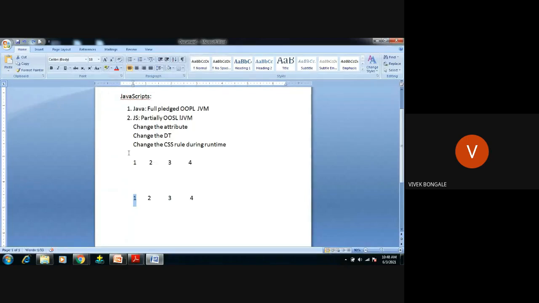One best example I will tell. When you open any web page, any website, for example, you have used netflix.com, the Netflix web page. If you hover your mouse on any of the images in Netflix, it will highlight it. Some changes you can see in that particular web page. I have shown you.